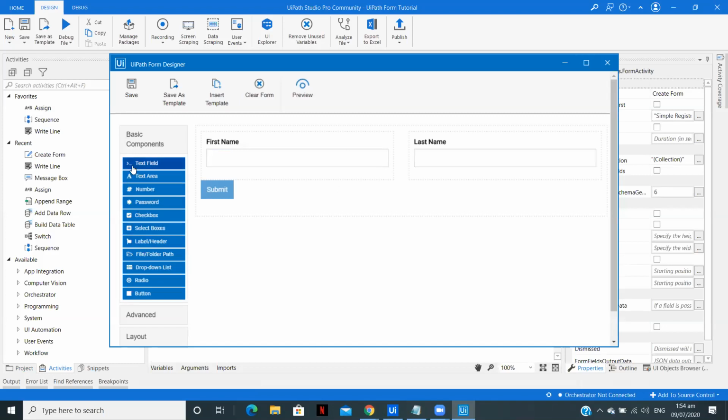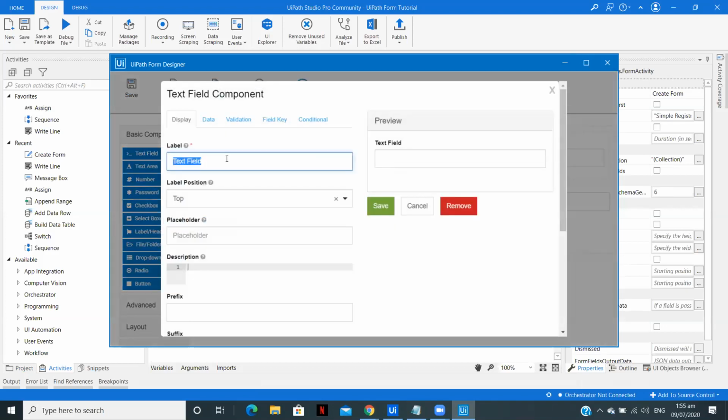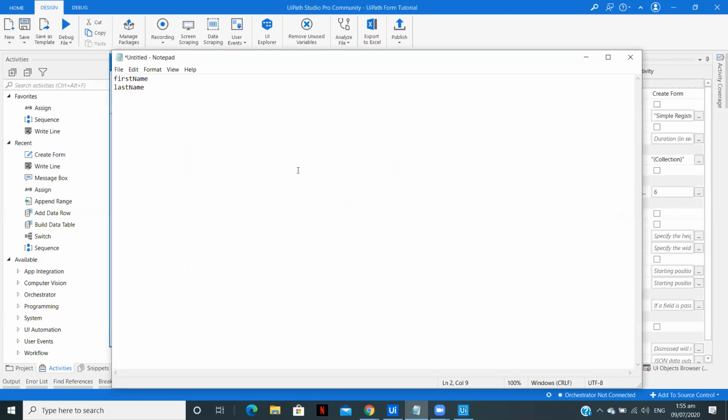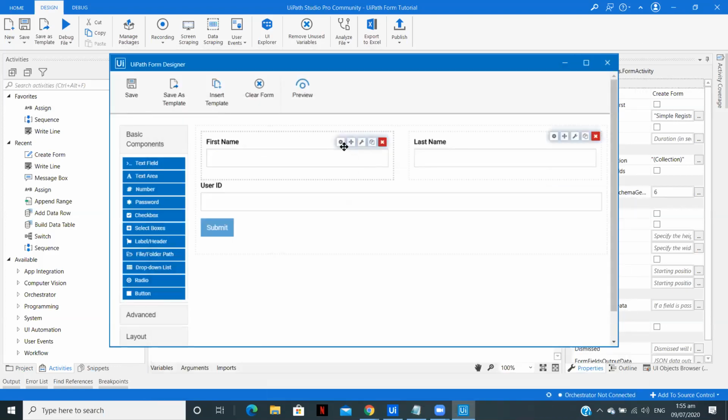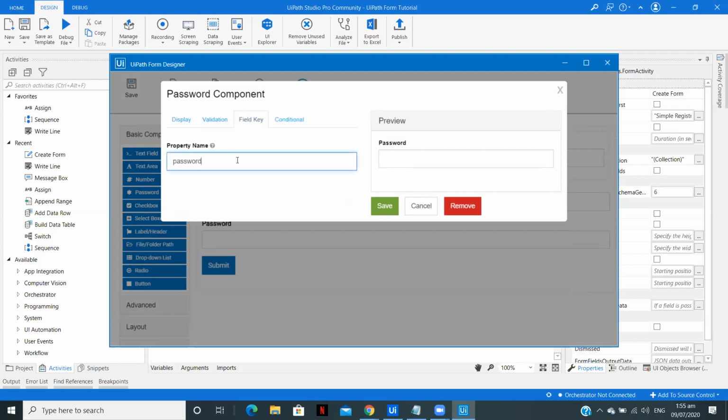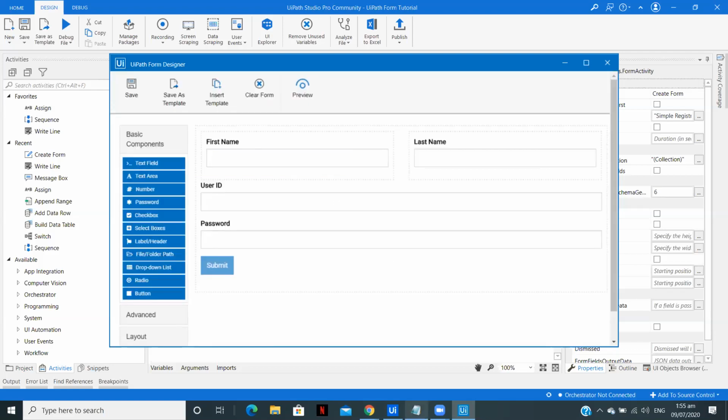Now after that, we are going to give a text field which is going to be outside that column. I'm going to name it user ID, so the user can create an ID of whatever he wishes. Let us save it over here. Always keep a notepad file open with you, I will suggest that. And now the password.